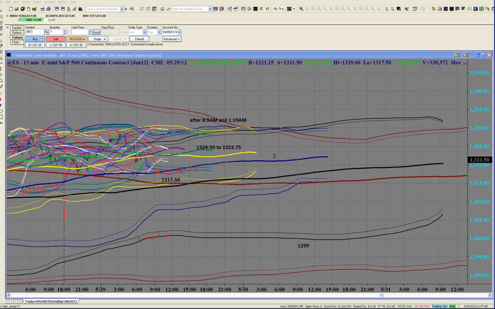You can see there's a tight confluence of these boundaries between the 1330 area and the 1315 area. So right now we're kind of in the middle of that zone. There's heavy resistance up around 1333 in the near term, and it's going to be difficult to get above